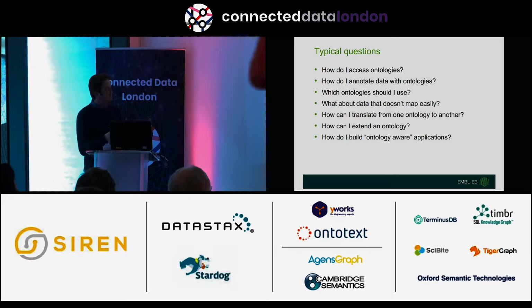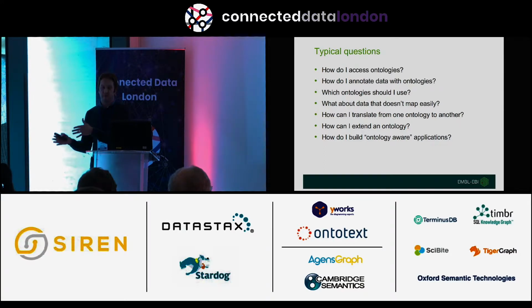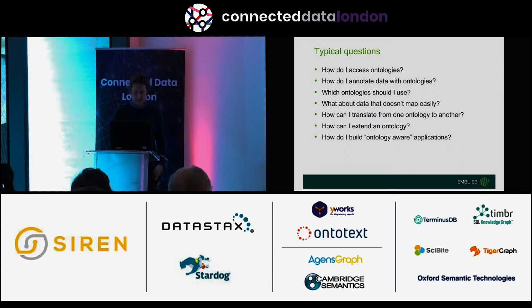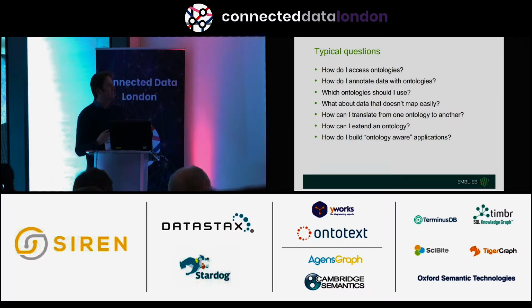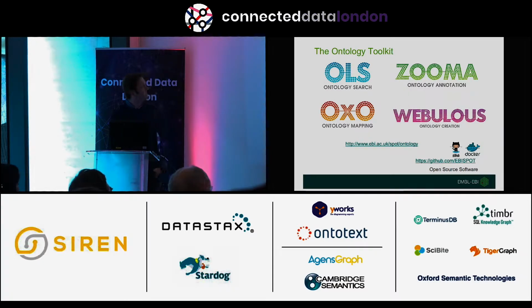Sometimes we have mapping problems, so sometimes data will come in and it's already mapped to one standard, but it's not the standard that we're using at the EBI, so we need to then have ways to map across ontologies. And then if people want to contribute, how can the curators actually say, okay, I'm an expert in this field, I want to start extending this portion of the ontology because it's not representing my data well enough. And then finally, once we've done all this, how do we build a smart application that can use it? So I'll cover all of these.